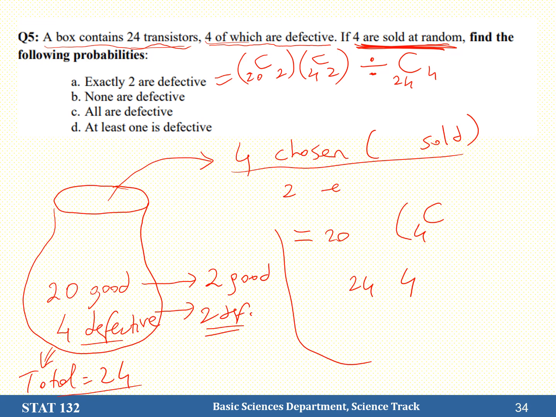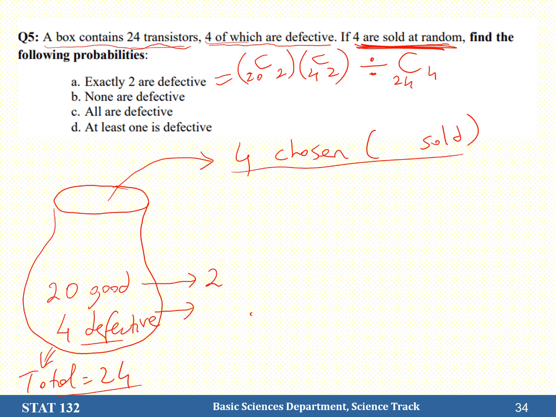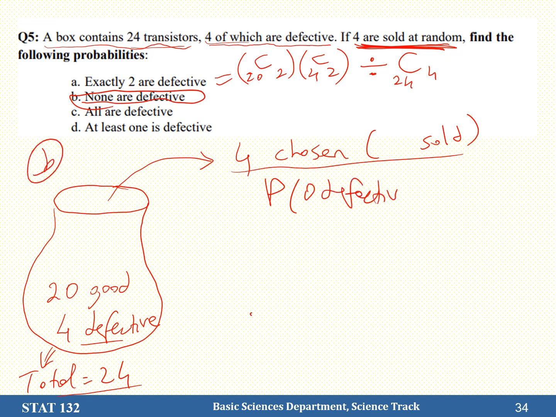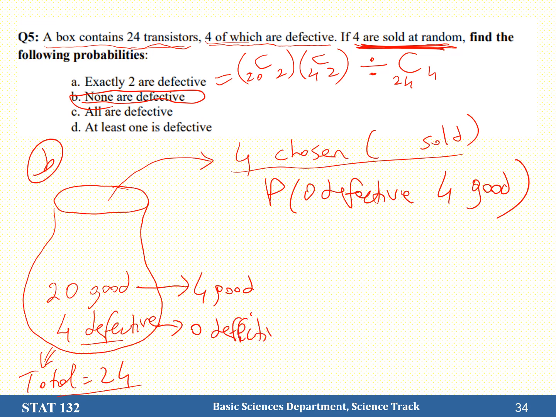Now, let's look at B. We want to find the probability that none are defective. So for B, none are defective means we have 0 defective. If you have 0 defective, it means you have 4 good transistors. Now, how can you find it? You will choose 4 good from 20 and 0 from defectives, 0 from 4. And now the probability will be equal to